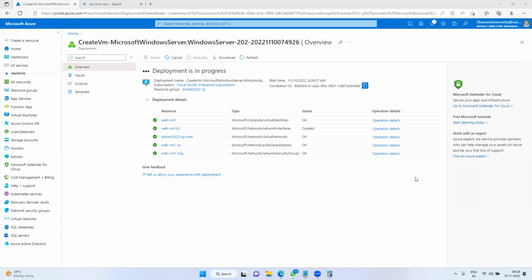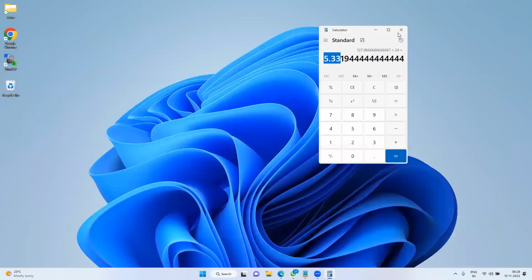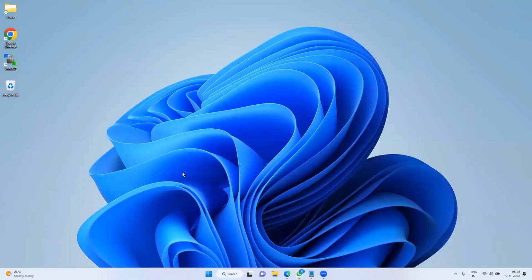What is the difference between Windows Server and Windows normal OS? Windows 10 is normal, you will use it for home purposes. Server means application hosting.